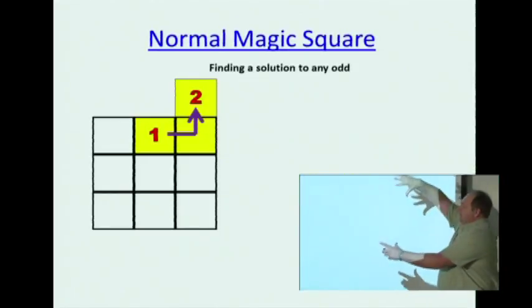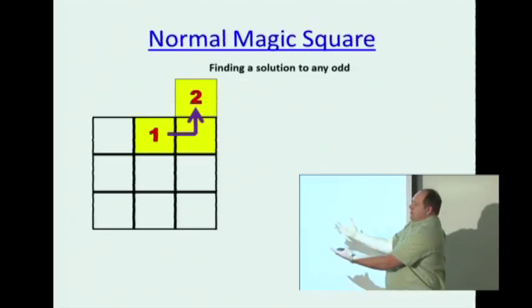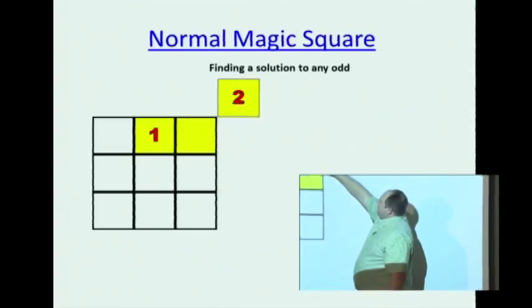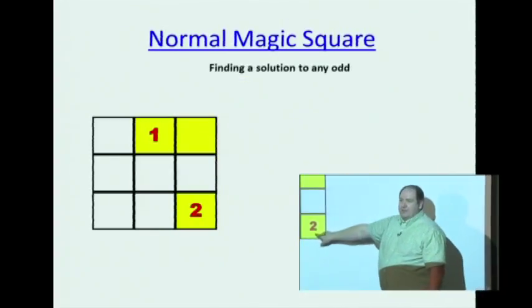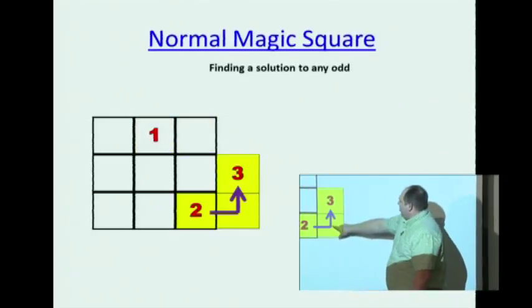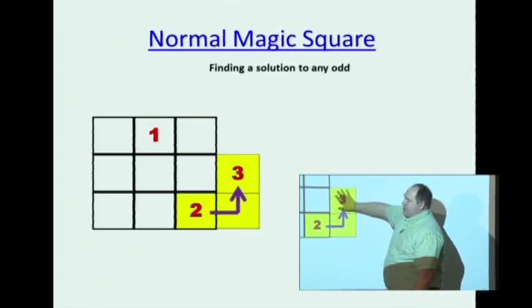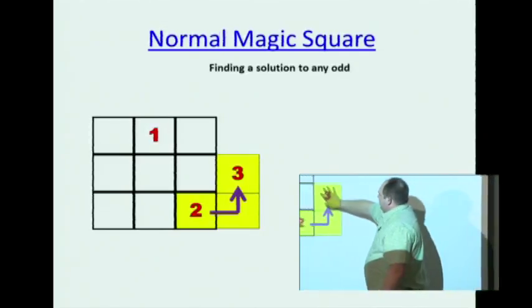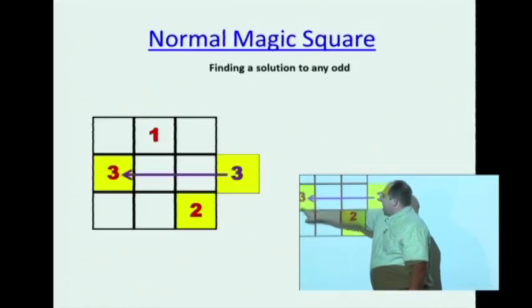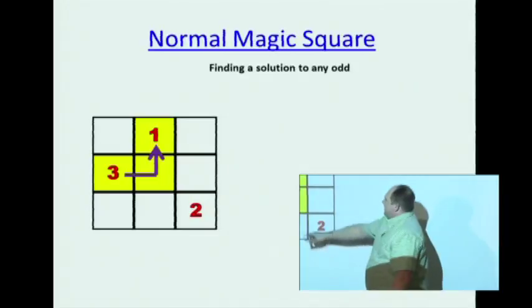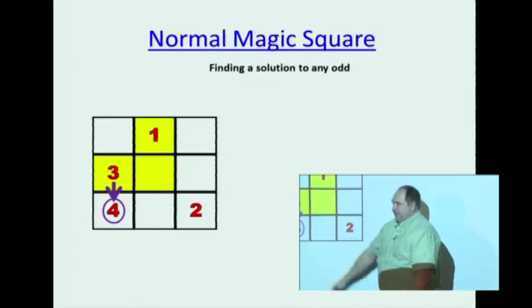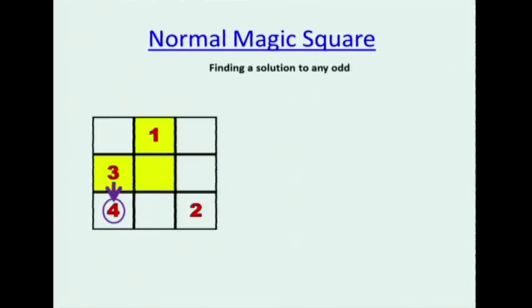But if I think of the top and the bottom of the magic square wrapped around and touching each other, like a donut, like you'd wrap it around a donut, then this 2, really, I can put down here. The same idea. If I go over and up, this 3, there's no square there, but if I think of the sides of the magic square being wrapped around and touching each other, then this is really this square. So I can put that there. And then finally, if I go over and up, and the square is already occupied, then I drop it down to here. So the next goes over and up to 5.